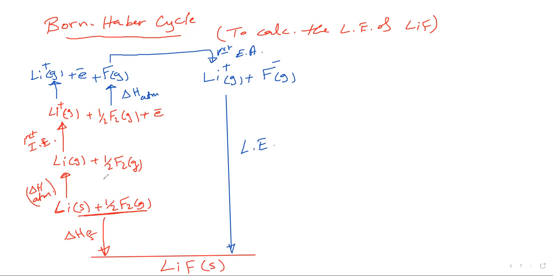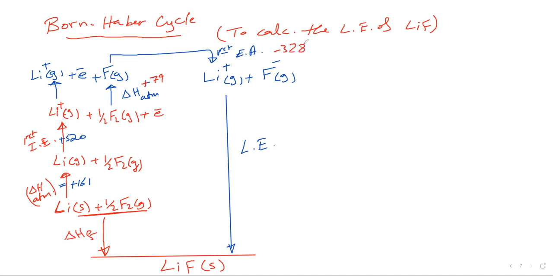Okay, of course, they are going to give us all the values. And here, for example, to change lithium solid to lithium gas, the energy is equal to plus 161 kilojoules per mole. Here, the first ionization energy is plus 520 kilojoules per mole. To change the fluorine gas to fluorine atom in the gas state, the atomization energy for fluorine is plus 79 kilojoules per mole. The first electron affinity is minus